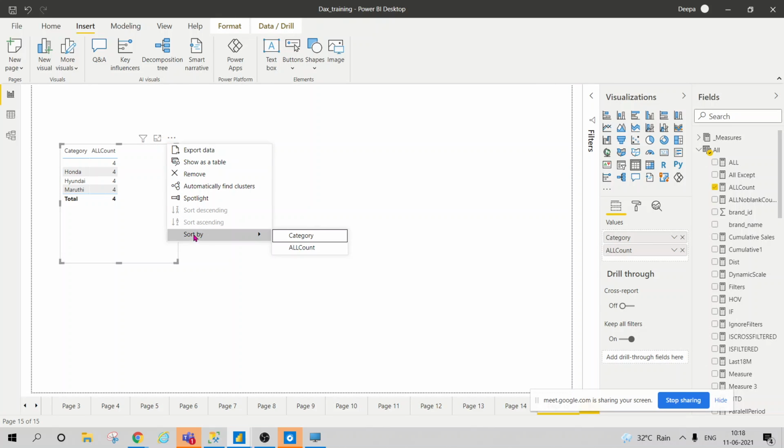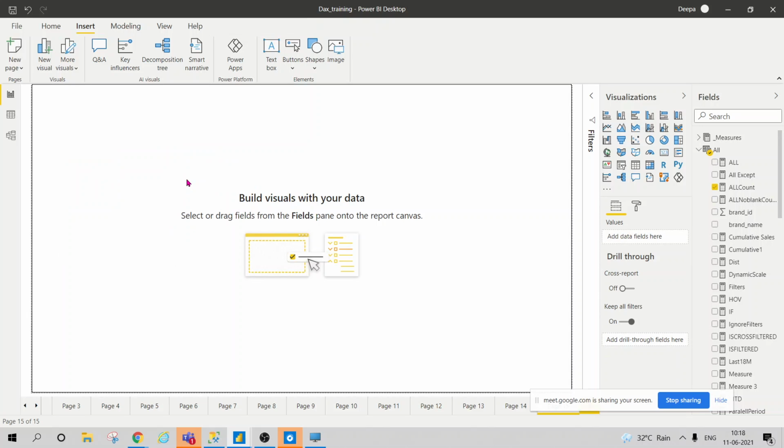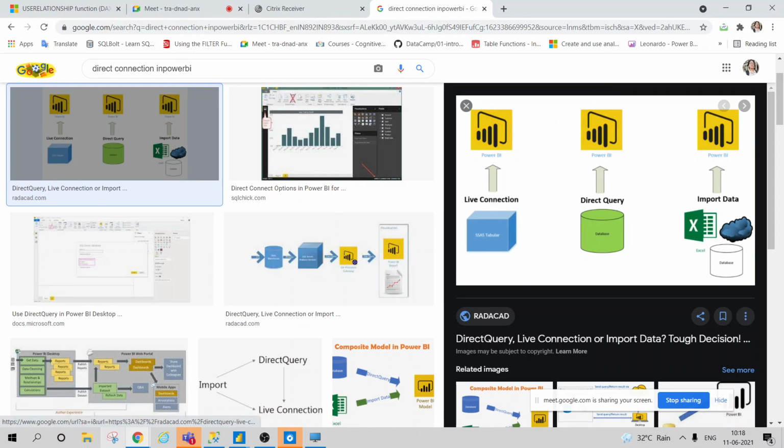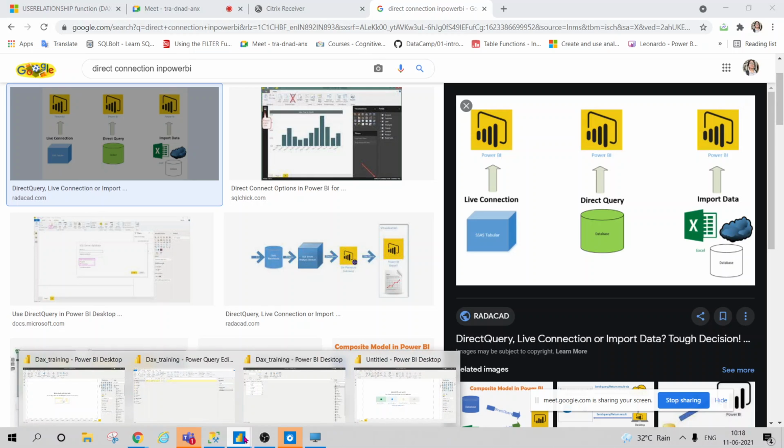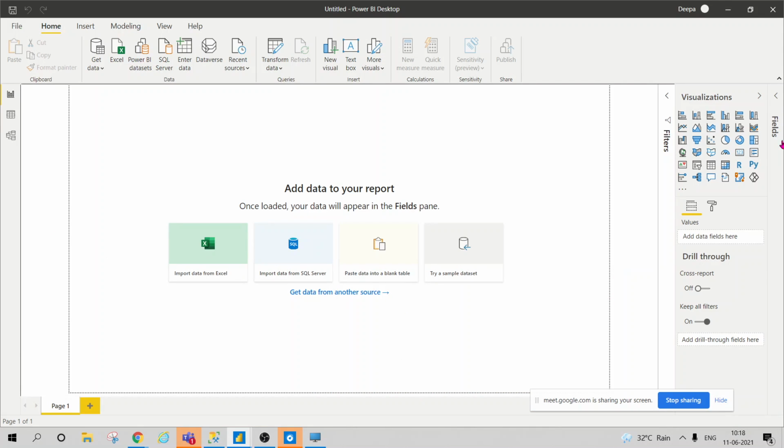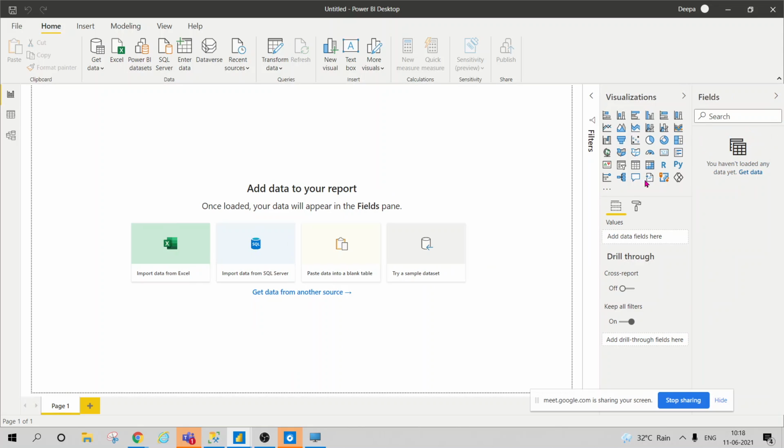Similarly, because Power BI is a self-service tool and you don't have to be very technical, but at least beyond the visual that we are working on, we can see what happens if we want to. So that's what was happening. It was summarizing the table, bringing all count, and it was happening on the data which we have already imported into Power BI. Okay. What happens in direct query, every time you bring one visual into your report, like I just told you, every time you bring any